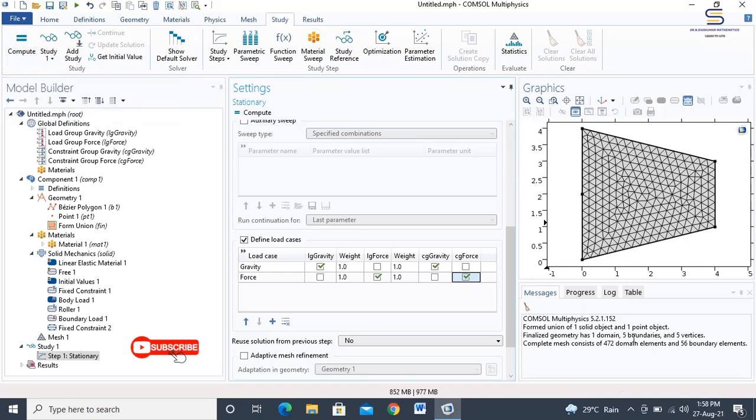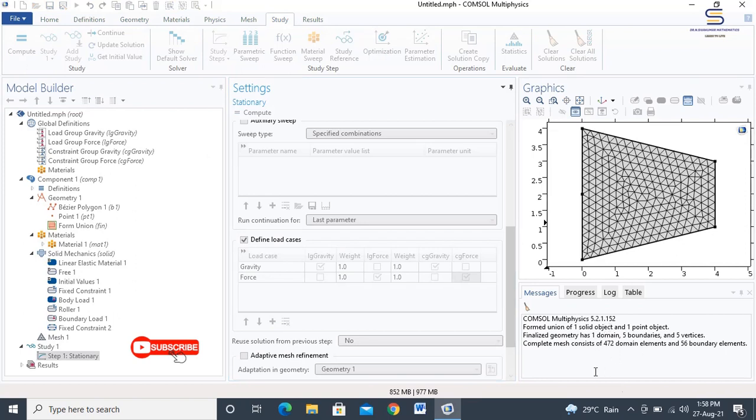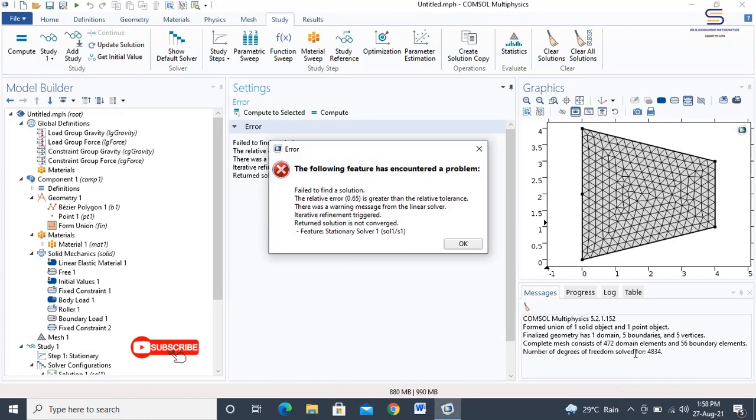You'll be seeing on the messages window how the computation is being performed as well as a progress bar. Depending upon the memory, you will be having a great deal of information. Some of the errors also will be encountered during this.